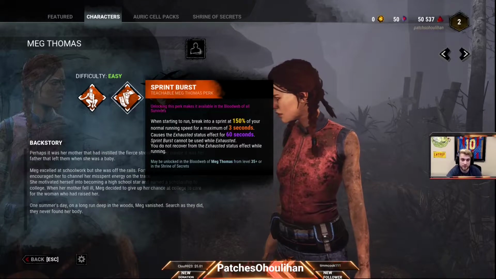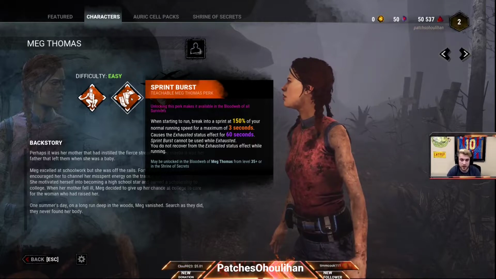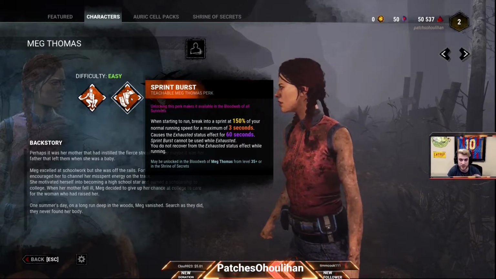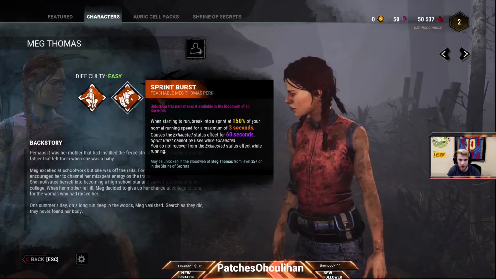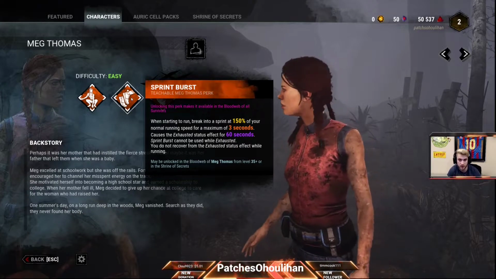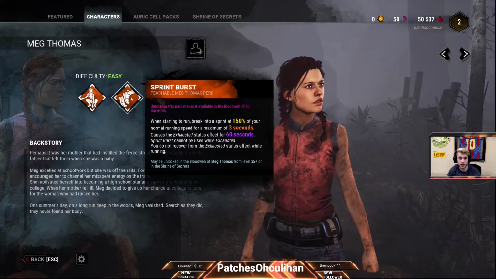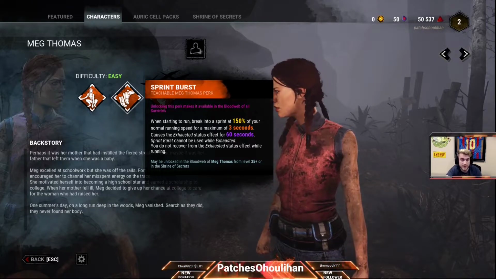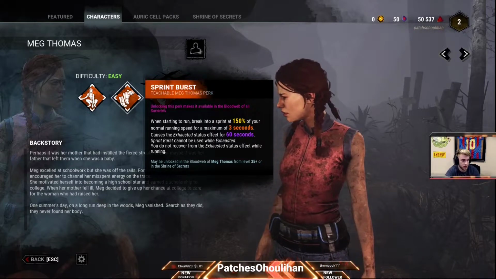So, first up, Sprint Burst. As soon as you start running, you're going to break into a sprint at 150% of your normal run speed for a maximum of 3 seconds. As soon as you're crouch walking around or you're walking around and the killer spots you, and you have a good point where you hit him with a pallet or you just have a good gap to run away, as soon as you start sprinting, for 3 seconds, you are going to sprint at 150% of your speed. So this is super helpful for escaping killers, and when you're starting out, that's huge,